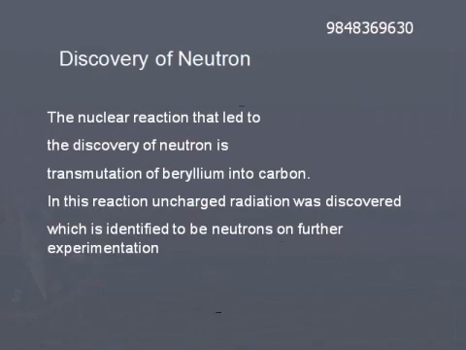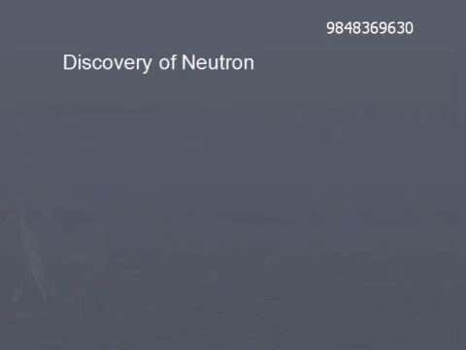The transmutation of beryllium into carbon led to the discovery of the neutron. In this reaction, uncharged radiation was discovered and was thought to be gamma radiation. Initially, this was thought to be gamma radiation, but later on it was decided that it is the neutron. The original reaction can be identified as